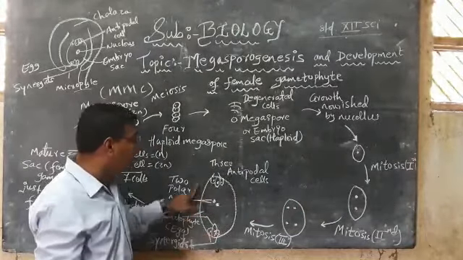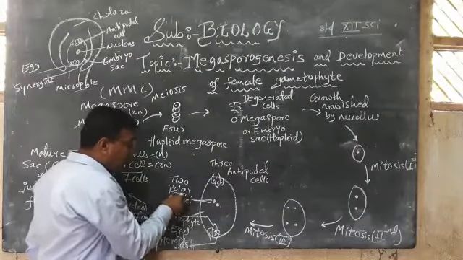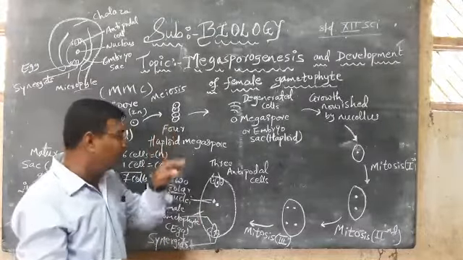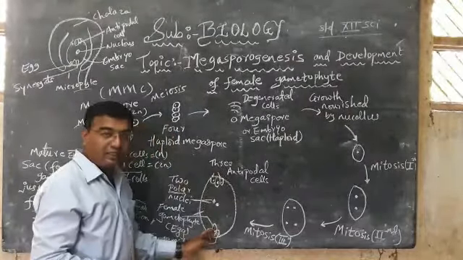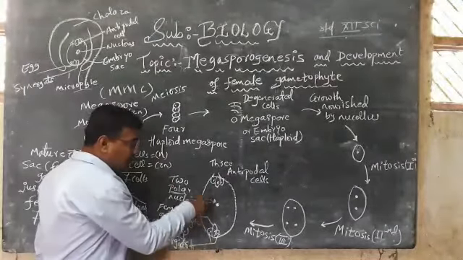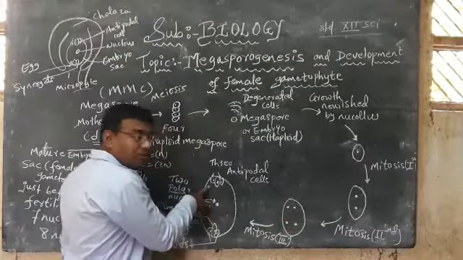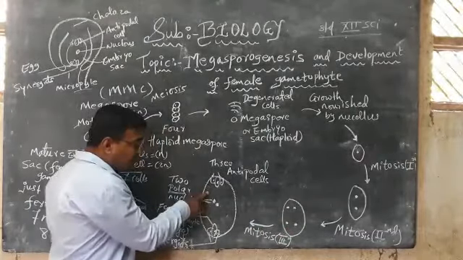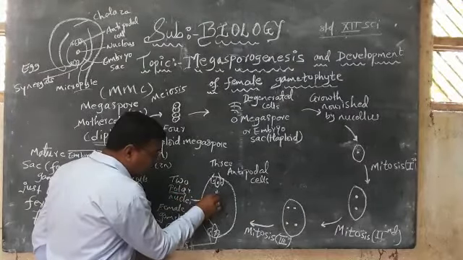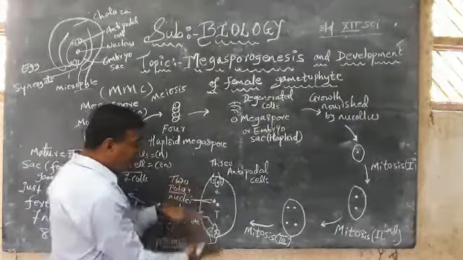So, when we are seeing this embryo sac, here we can see there are 2 polar nuclei. Why has the name polar come here? In the globe we have seen the North Pole and South Pole. So, consider this as an embryo sac where we have 2 poles, North Pole and South Pole. So each cell has come from there. Means after forming this 4 cell, it has formed 8 cell nuclei, and in the 8 cell, each polar nucleus is contributed from here. Means this cell has come from the upper side, and this lower cell has come from the lower side, and this has been pulled in between.